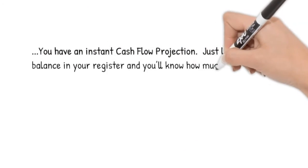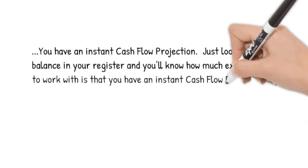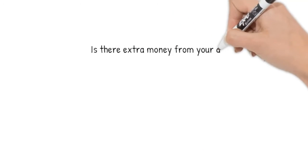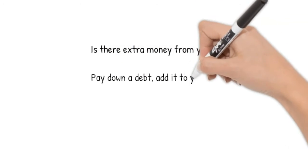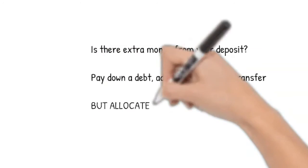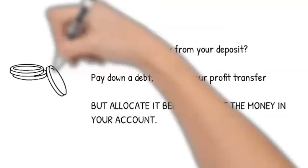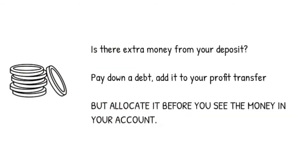One of the benefits of register-based bookkeeping is that you have an instant cash flow projection. Just look at the final balance in your register and you'll know how much extra money you have to work with. Is there extra money from your deposit? Pay down a debt, add it to your profit transfer, but allocate it before you see the money in your